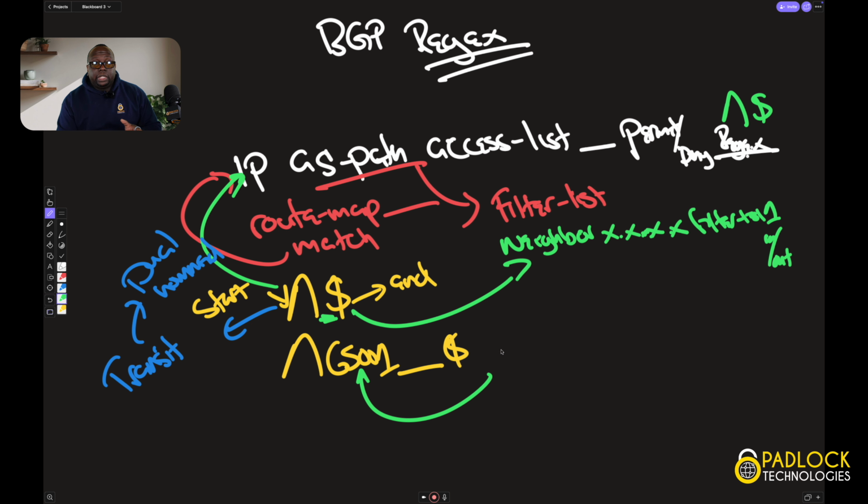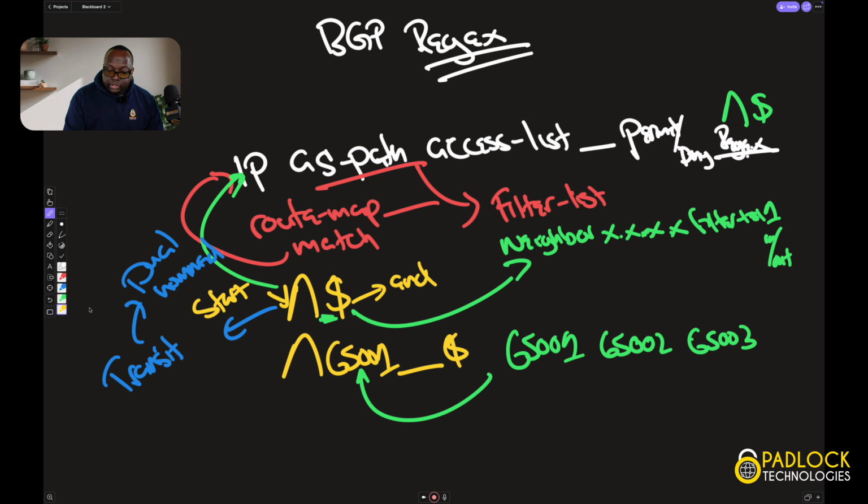And when I say beginning of the AS path, I mean from left to right, okay? So this would technically look like this, right? You are matching, it has to be at the beginning of the AS path,